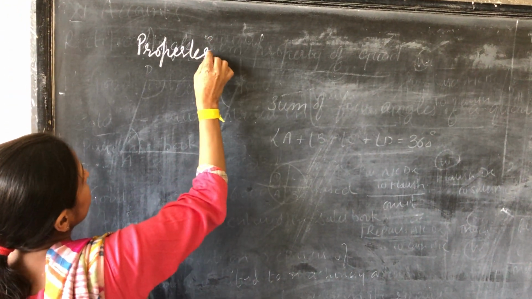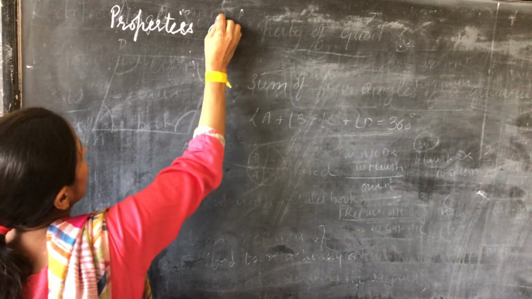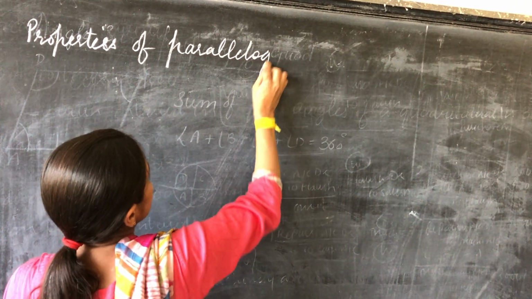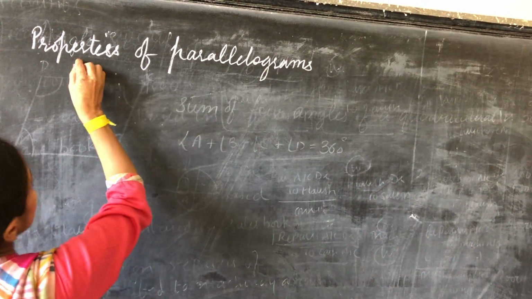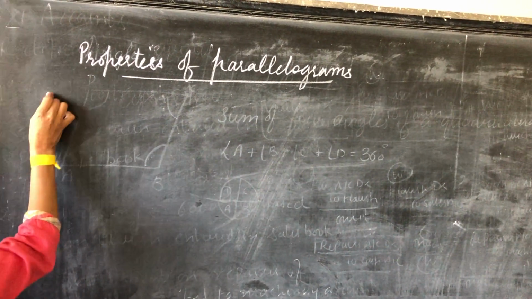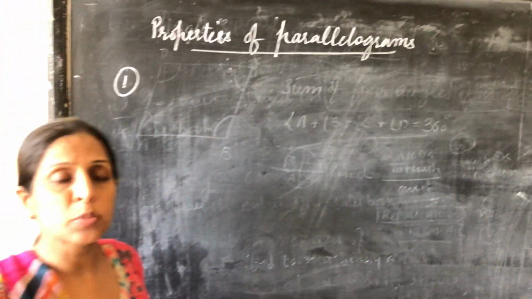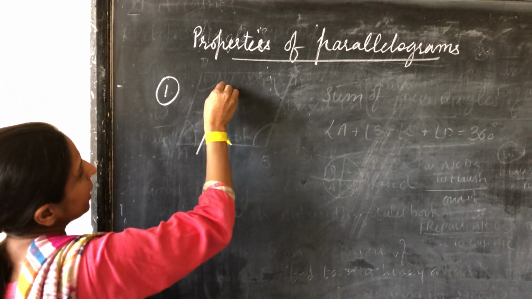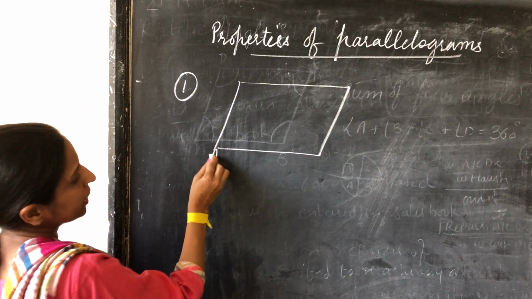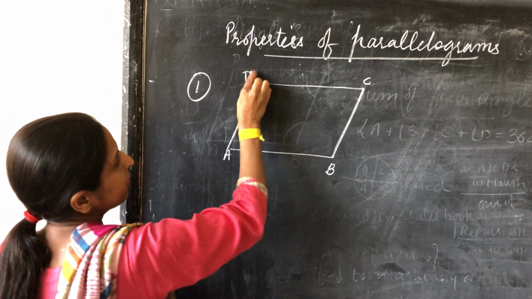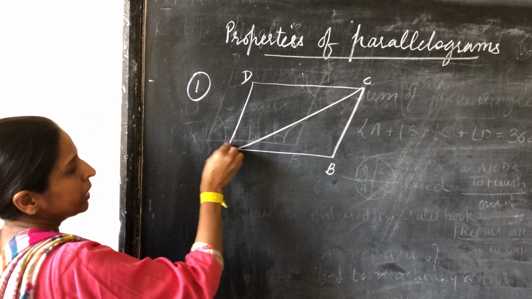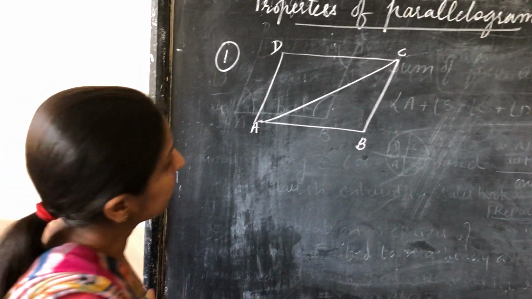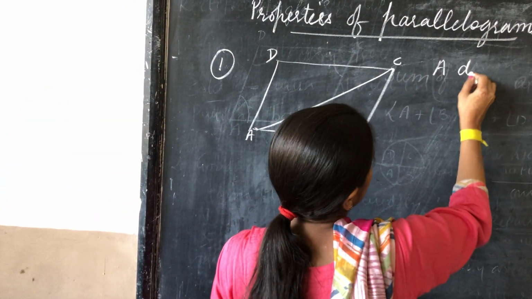Properties of parallelograms. The very important and first property, its proof is there also in your syllabus. You have to prove that in a parallelogram, if we draw a diagonal, the diagonal divides the parallelogram into two congruent triangles. So the property is: a diagonal of a parallelogram